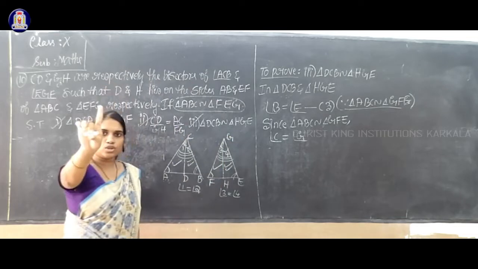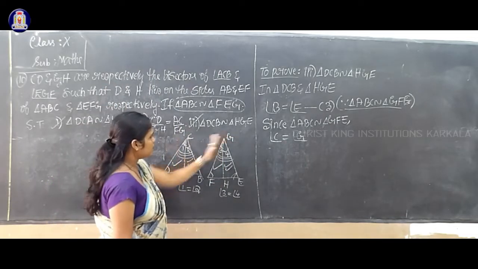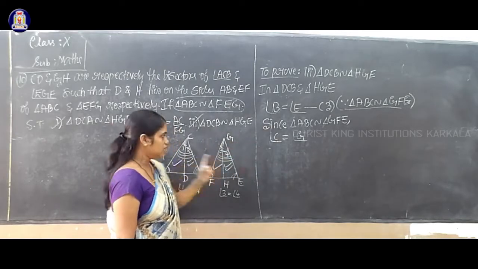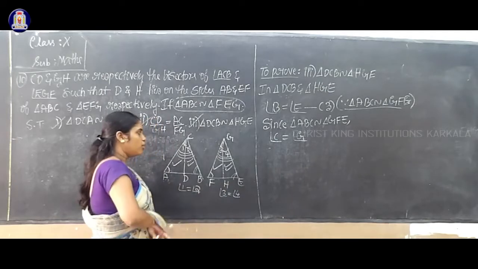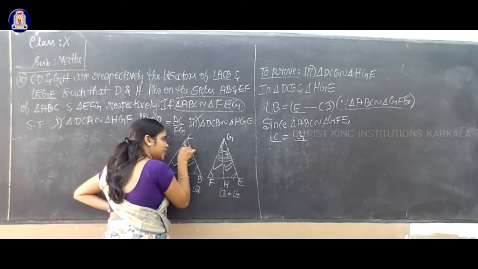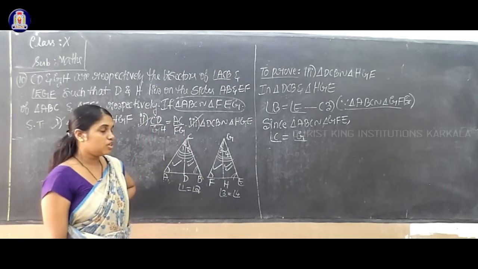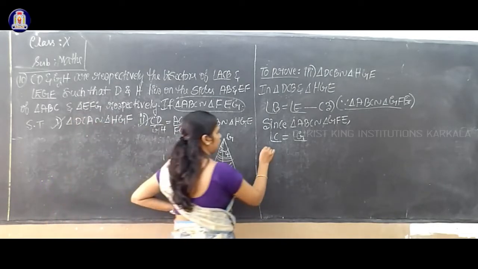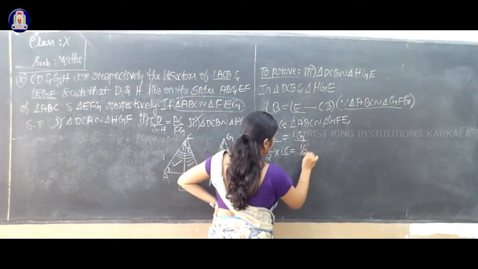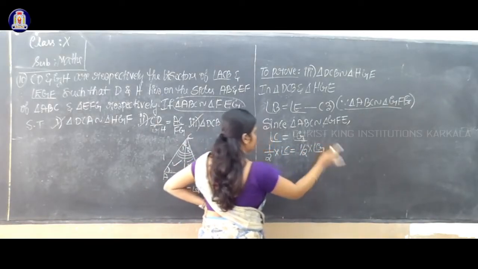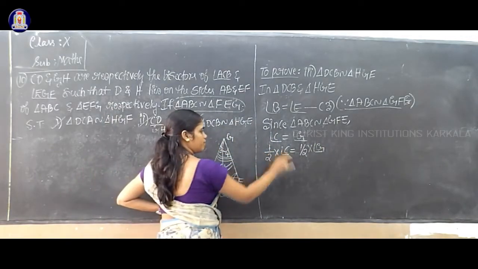Why are we proving question number 1? But why are we proving question number 3? My triangle is this one, the right side triangle, that is CDB and GHE. So which angle do I want? I want angle 2 and angle 4. Only the half part I want. So therefore, what will I do? I will multiply and divide by half of angle C equal to half of angle G. Okay, I will consider the half part.